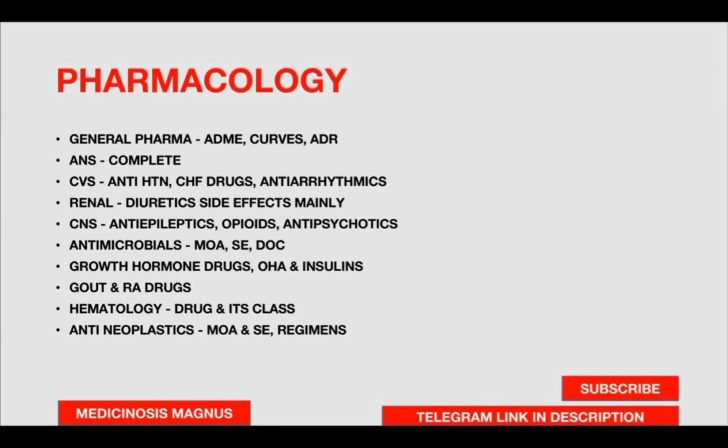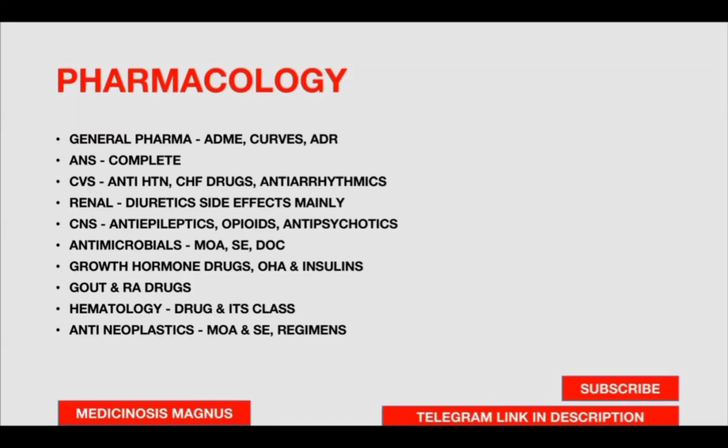Basically, they ask the side effect, or they will give the drug name and will ask which class it is from. Antimicrobials, everything, mechanism of action, side effects, and drug of choice. Mostly questions are framed that way. So they might give 4 or 5 mechanisms of action, and they would have given one drug name and ask you to choose how it works, in which mechanism, or they can ask the side effects, or they can ask drug of choice. Growth hormone drugs is very, very important, and oral hypoglycemic agents and insulins, gout and rheumatoid arthritis